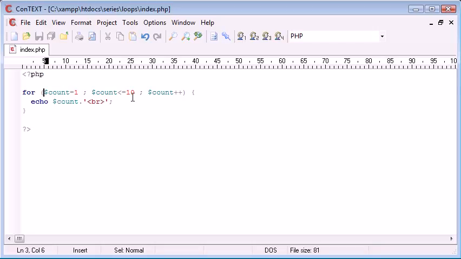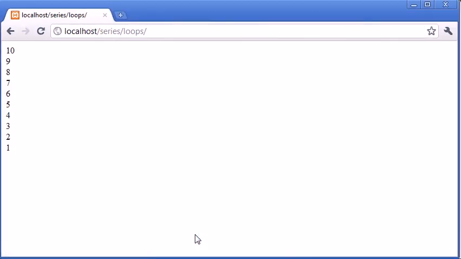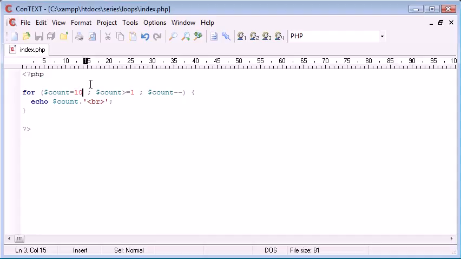It's neater as well. If I was to just simply change that to greater than, this to minus, so that's decrementing it, this to 1, and this to 10, now what we're doing is we're counting from 10 to 1. So we've just changed the three parts of each expression around, where we're saying count is equal to 10 initially, while count is greater than or equal to 1,